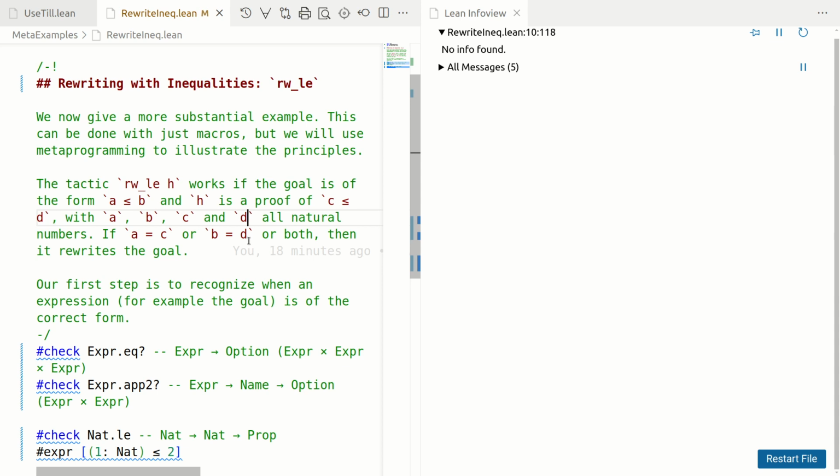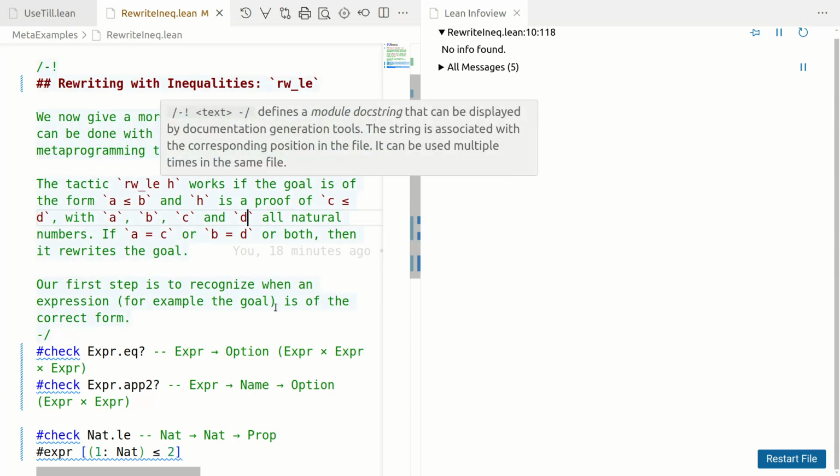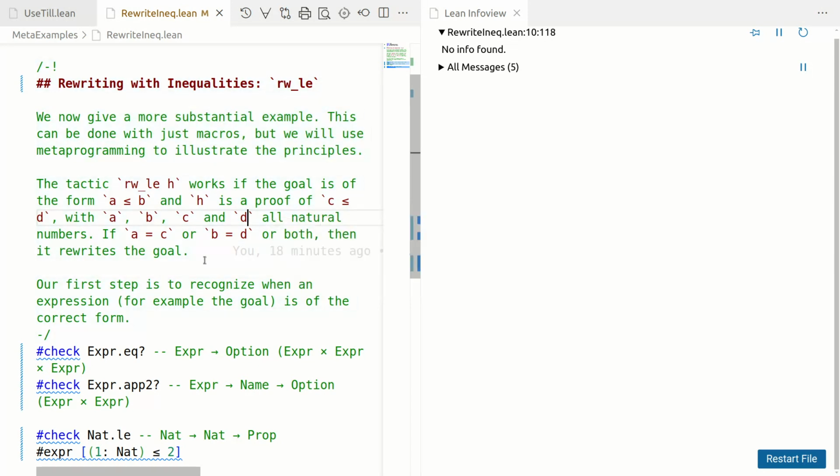We'll now give a more substantial example. One can be clever and do this with macros, but we want to illustrate a bunch of concepts. It's not going to be a large amount of code, but with many very powerful concepts that Lean provides for metaprogramming. Our goal is to write a tactic rewrite LEH, which works if the goal is an inequality, A is